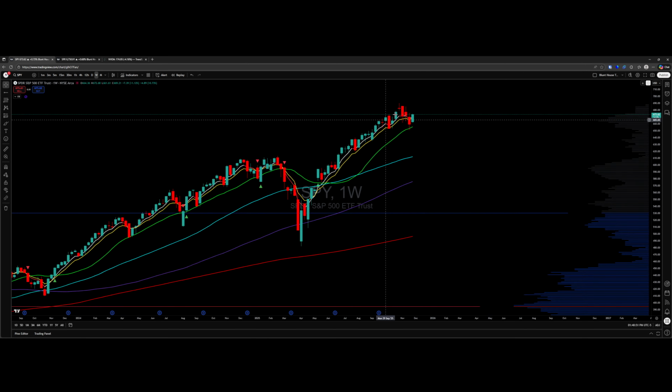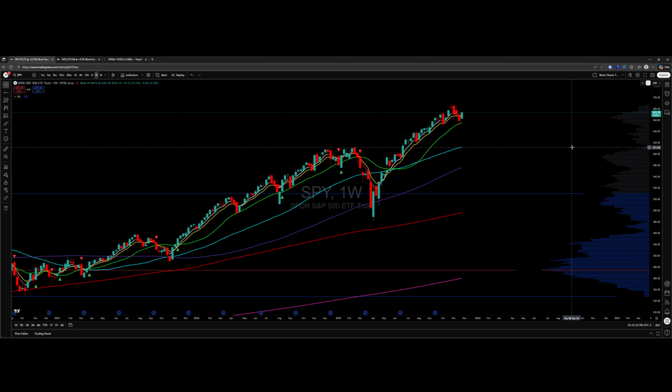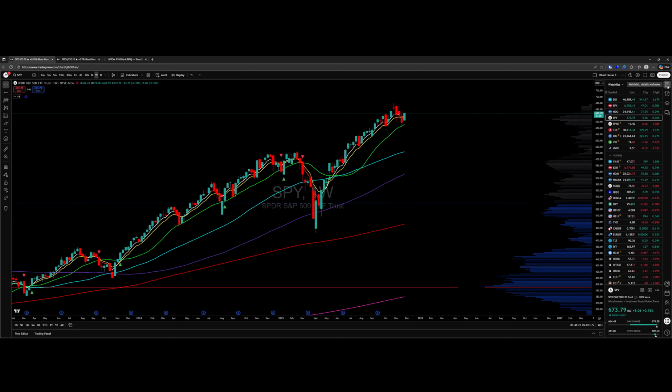But we haven't produced a sell signal even with these 4 red candles, and that's a testament to how much momentum there was to the upside, right? In order to spread these levels apart like that, making it difficult on the way down, even with some velocity, to reverse the trend. Which means that you still have to come back, and at some point you'll tag the 50. Part of me wants to just get it over with, but it doesn't look like that's what they're going to let us do. I'll rip the Band-Aid off.